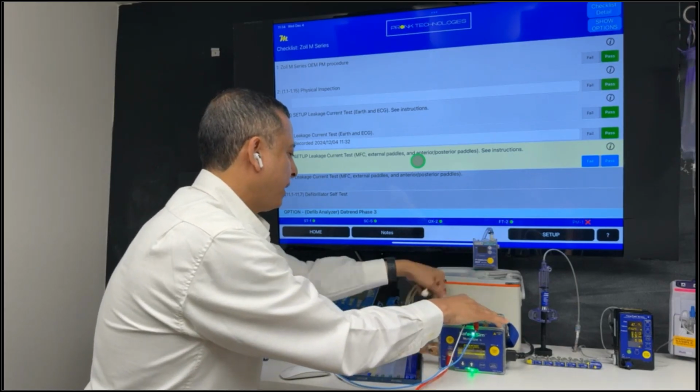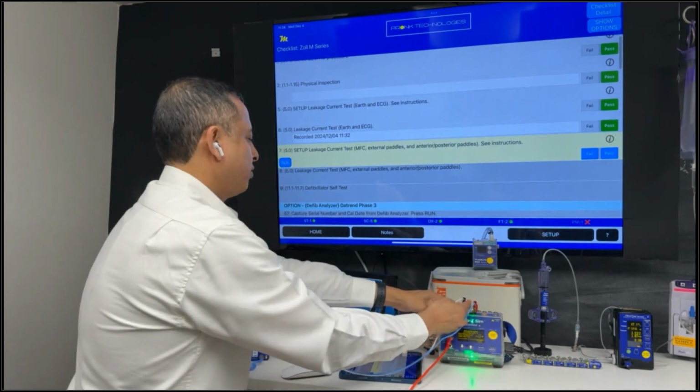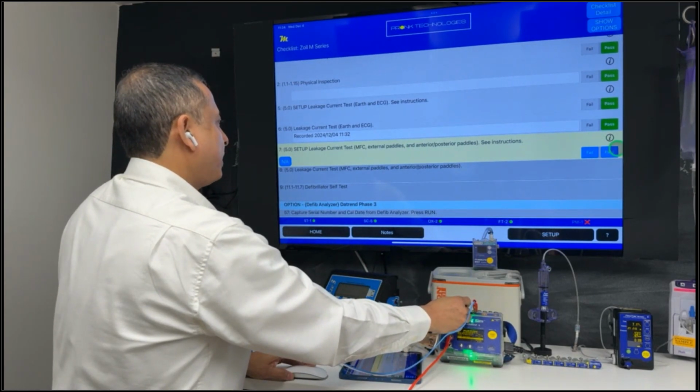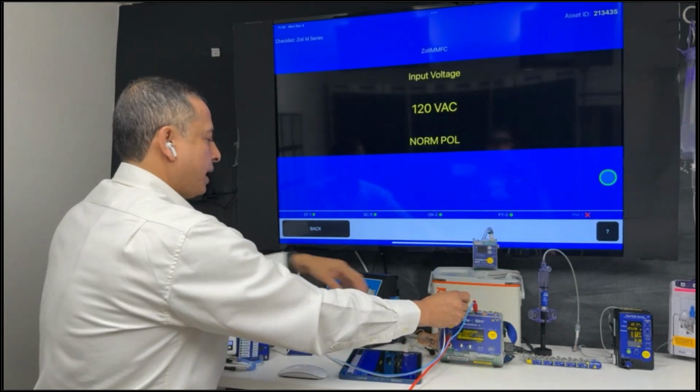And I'm going to disconnect my ECG leads because I want to do this test. I'm going to go ahead and hold this there. It's a little bit loose. And I've got this set up. I'm going to run this test. And now it's going to run a leakage test